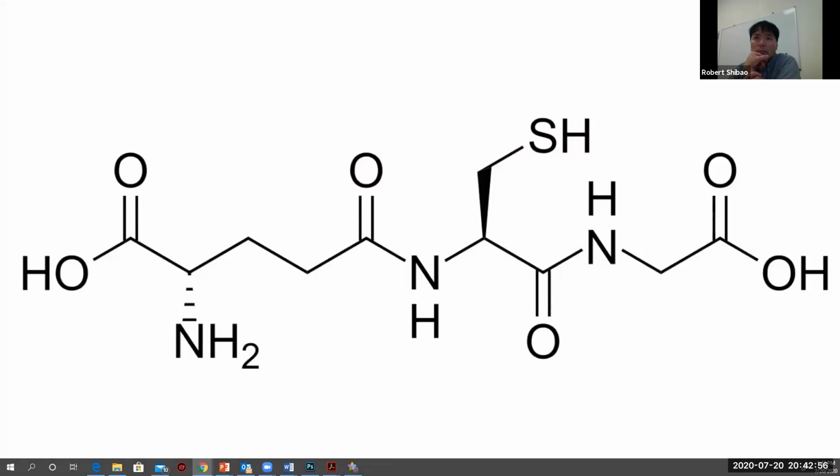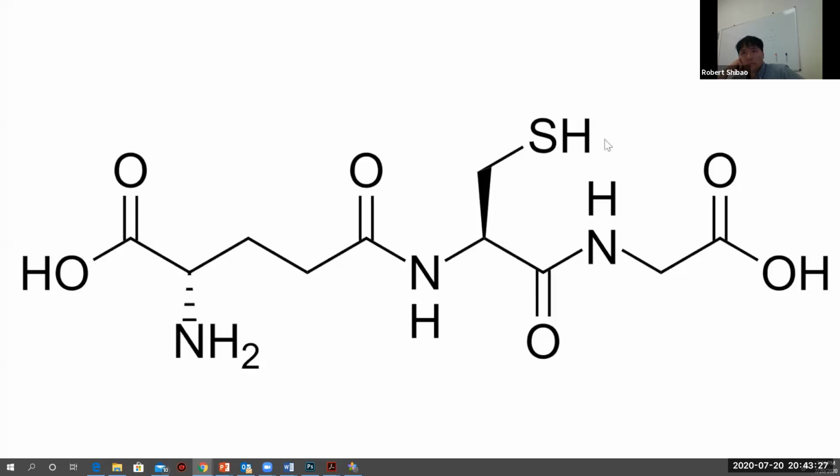So this is glutathione. And for those of you who are biochemically inclined, you'll see the backbone here of an amino acid chain, N-C-C, N-C-C. And you'll notice that this right here is the amino acid cysteine. And that's where N-acetylcysteine would come from, but glutathione can also be regenerated by N-acetylcysteine, which we'll talk about in a little bit. The key point that I want you to see, however, is this SH.